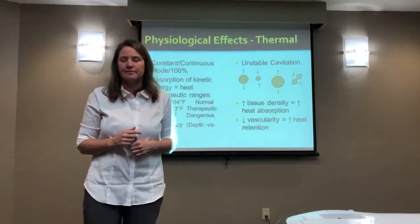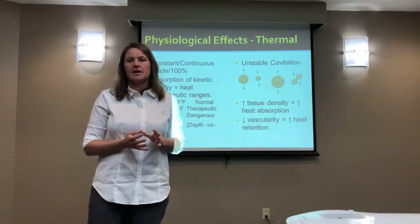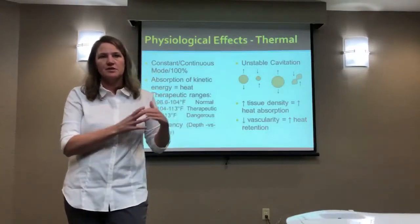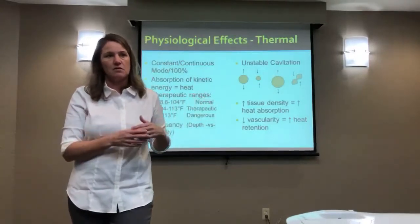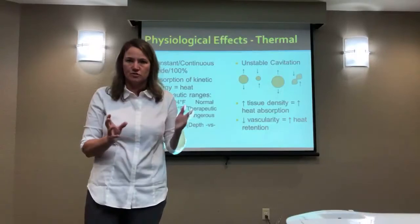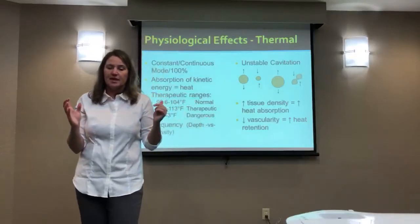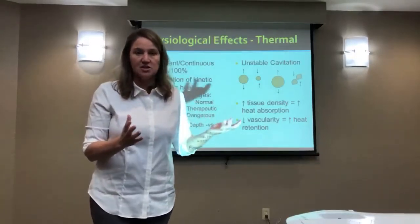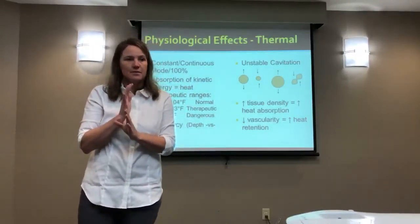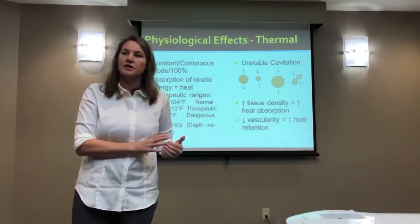Yesterday I was talking about, I had gone to a course, David Draper. There was a study that we read in college, and it was called The Stretching Window Revealed. This study was written by Draper, and he heated up various tissues. And he looked at how long this tissue retains the heat. And one of the things that was interesting was, various tissues obviously are going to cool out faster. But in my mind, what stood out to me was 4 minutes. That basically within 4 minutes, pretty much all the tissue had gone out of the therapeutic window